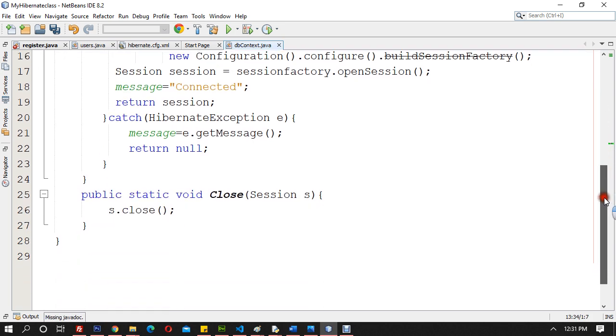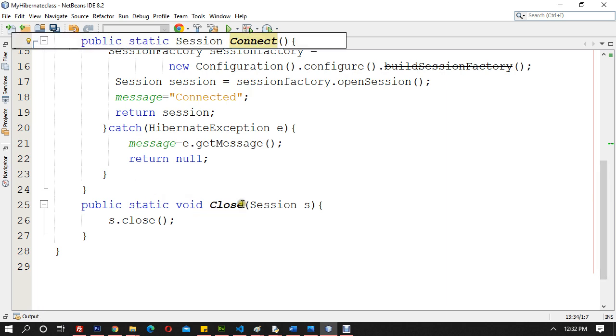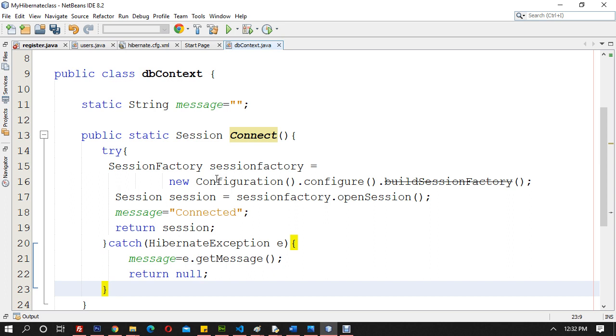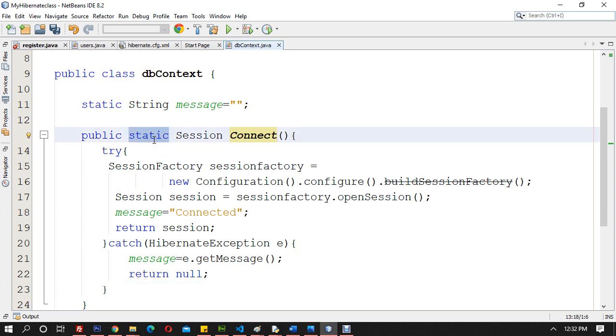And what else is ready? My public static void close is ready, so that I can close the connection. So this is the file that we are going to call again and again. Why have I made this static? Because static